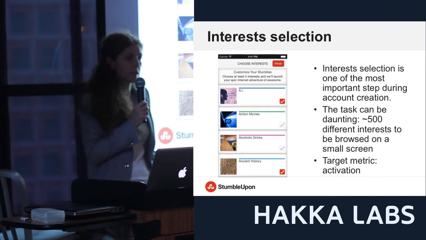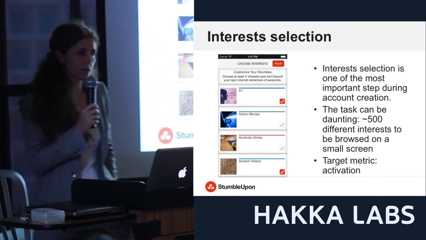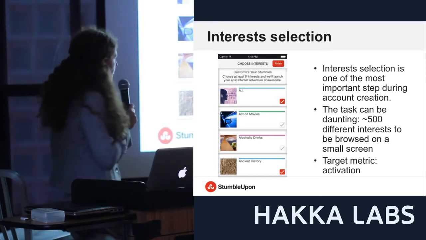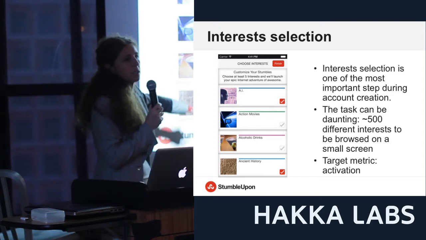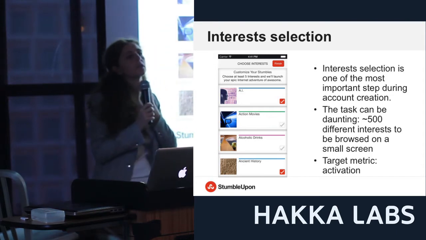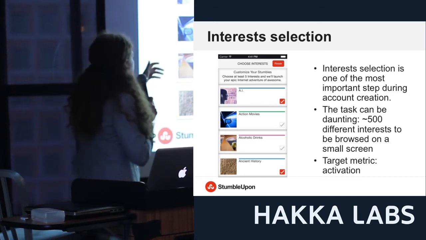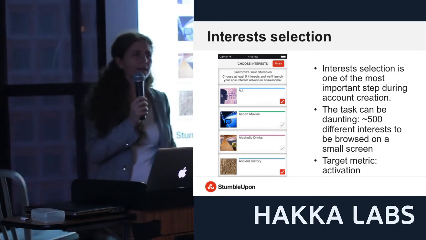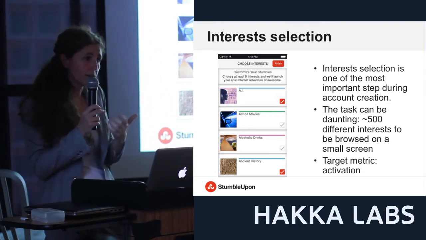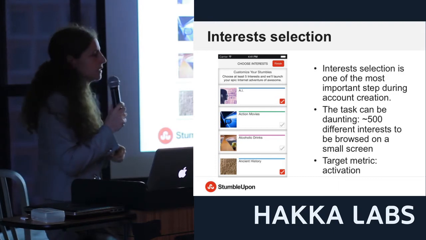Suppose you are creating an account on mobile, and users do create accounts using apps. Try to browse 523 interests on your mobile. Obviously, there is a big bias. We have a lot of interests starting with A. But are these usually the interests that better characterize that particular user?